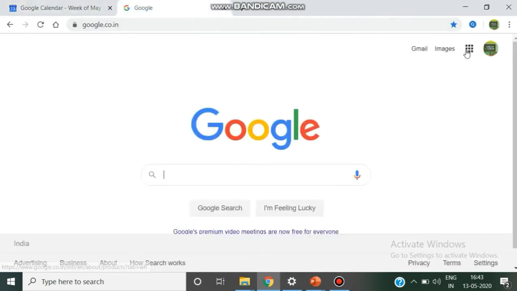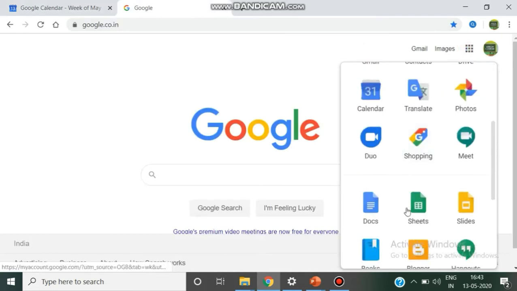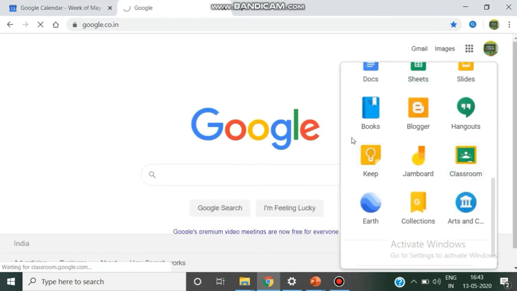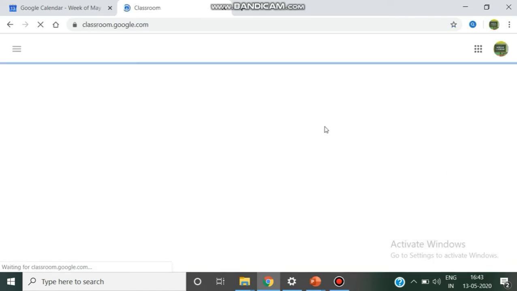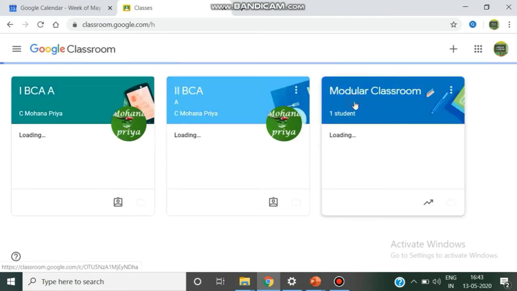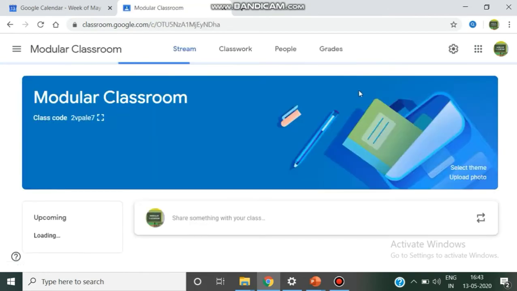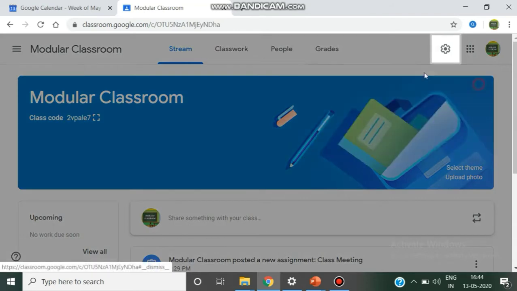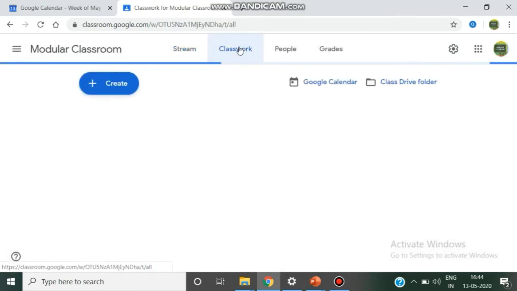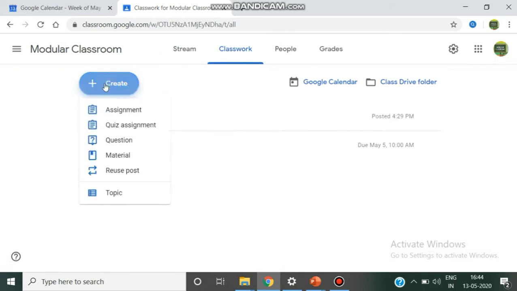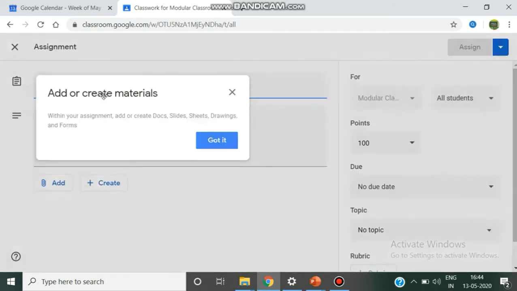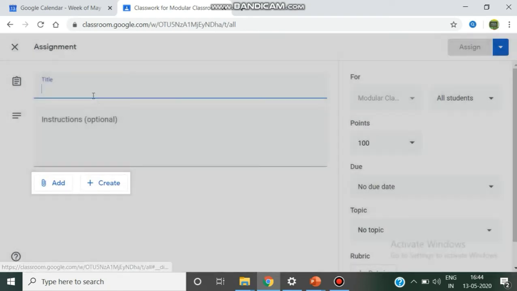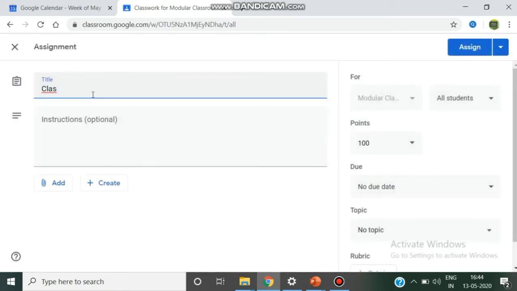Now you can go to Google Classroom. So this Google Classroom can be selected. After clicking this, it will take you to Google Classroom. It is loading. Please hold on. So after this, you can click on this Classroom. You can either publish in the stream or as an assignment. Go to the classwork, click this create button, give the assignment tab. You can mention the title as class assignment,